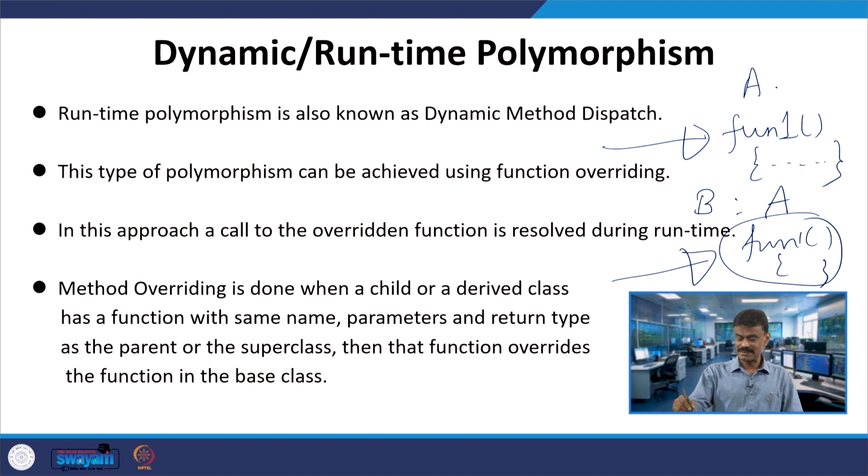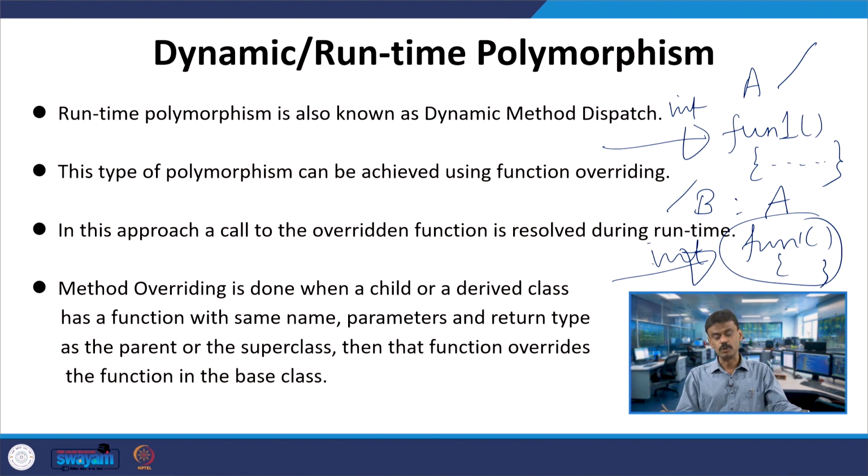When you have the base class and derived class, assume that both have a function 1, let us say the return type is integer here and also integer in the other, so both return types are the same and the number of parameters are the same. One is in the superclass and the other is in the subclass, or base class and derived class. When you create an object and the object invokes the function, which one will be called? In that case the function should be overridden, right.